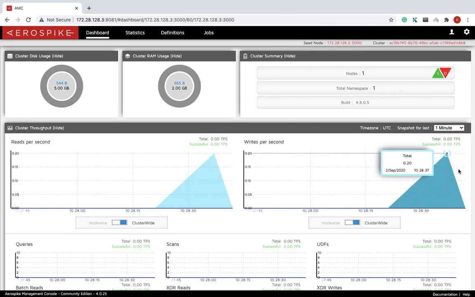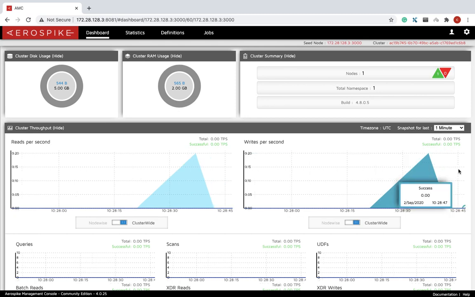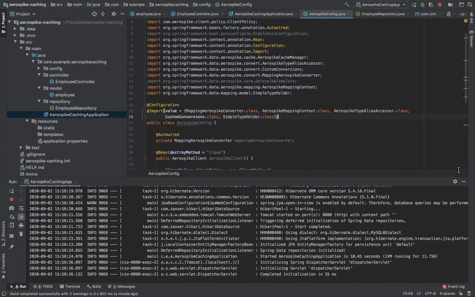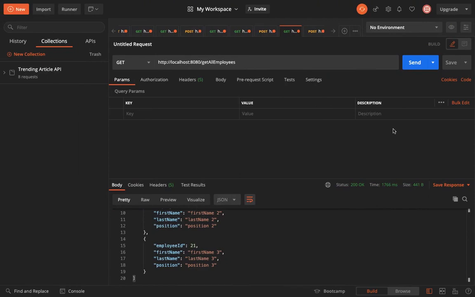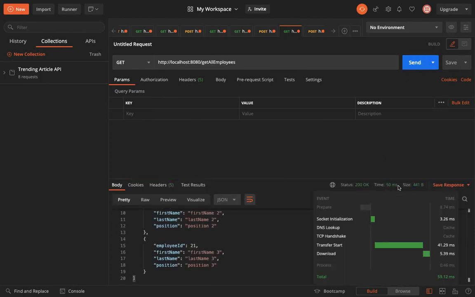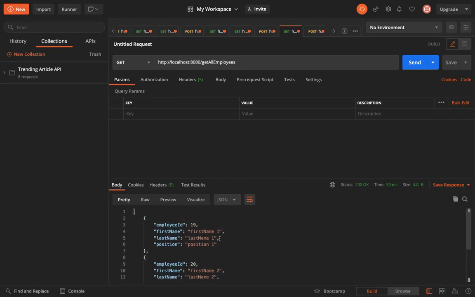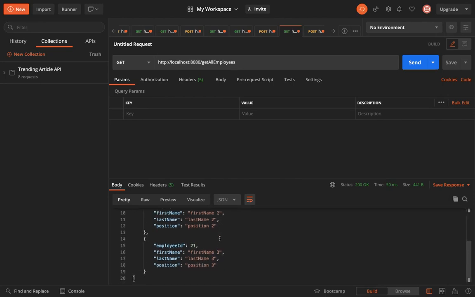That means that our result is now cached. So now if I hit the API, the response time is approximately 50 milliseconds, which is almost 10 times faster than the previous response time.